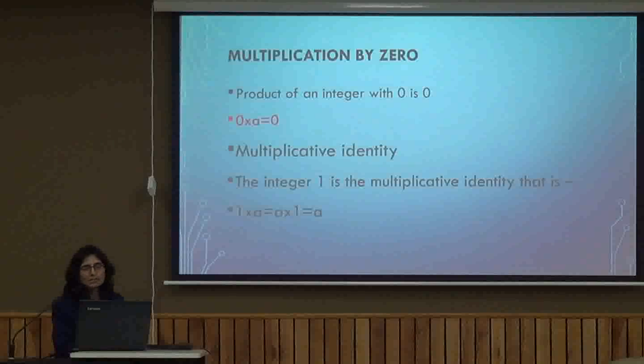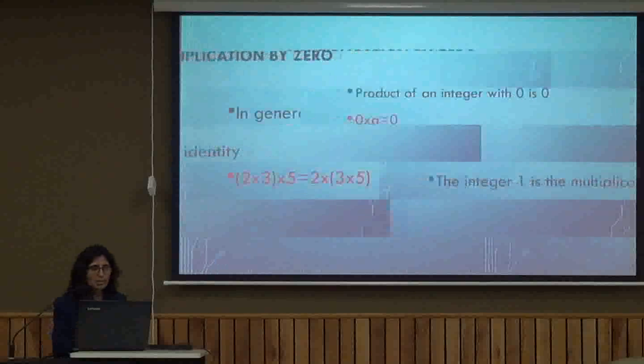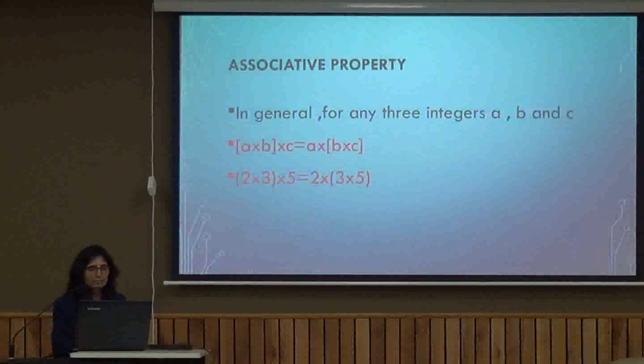As we had additive identity, we have multiplicative identity also. That means if we multiply any integer by a given number, the result is again the given number. Now here multiplicative identity is 1. It means that if we multiply any number by 1, the result is the number itself. For example, let's say there is a number A. So 1 multiplied by A is same as A multiplied by 1, and the product is A only. So multiplicative identity is 1.